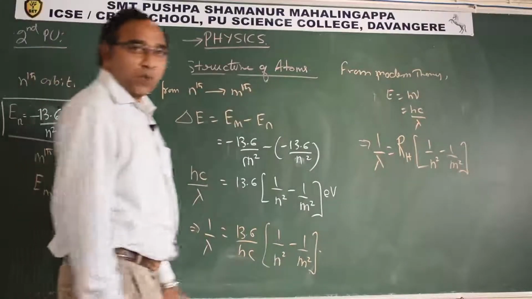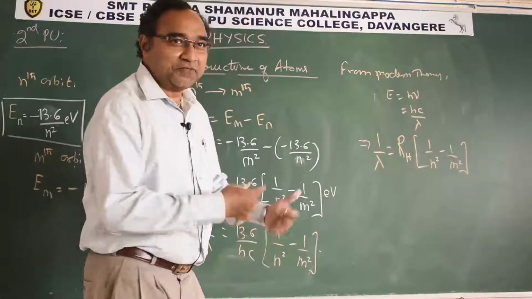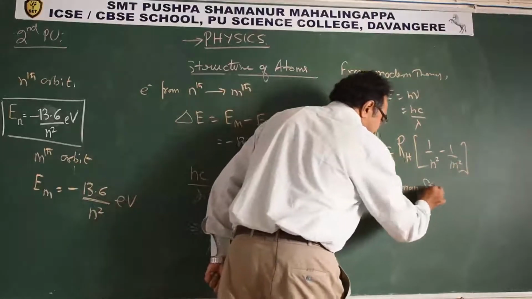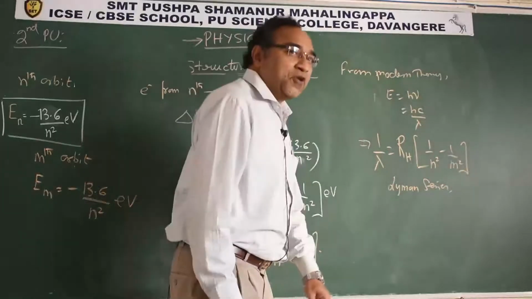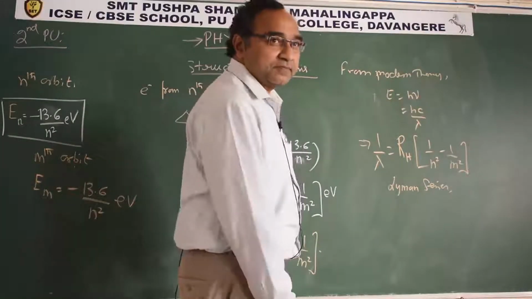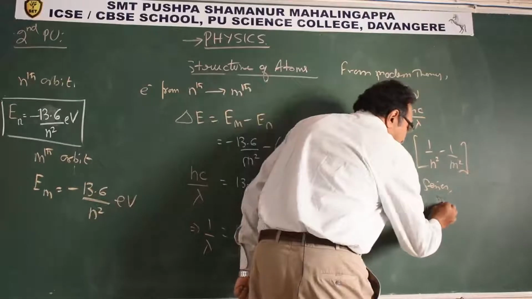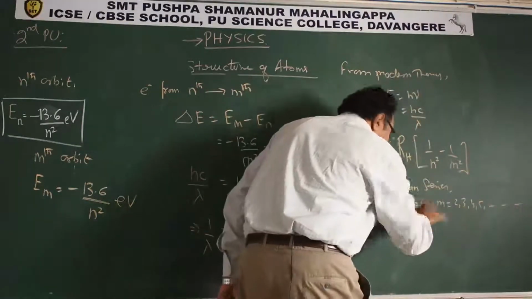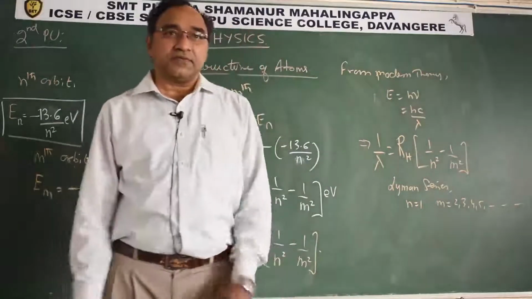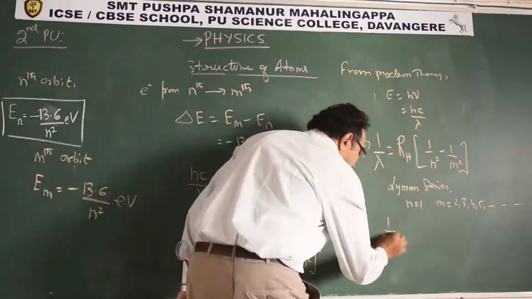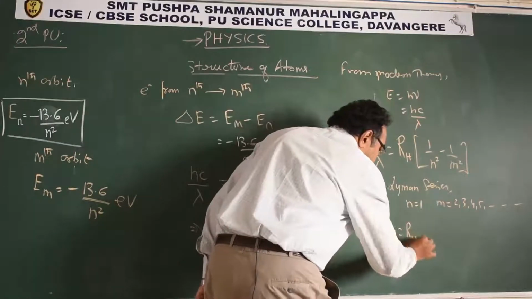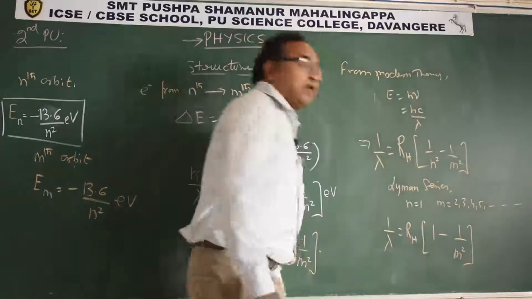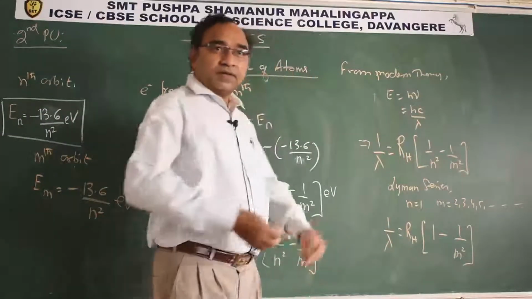Now see, what is the Lyman series? See how from this we are getting the Lyman series. Lyman series means when the electron jumps from a higher orbit to the first orbit. From the higher orbit means m will be equal to 2, 3, 4, 5 like this, and n will be 1. This is called the Lyman series. And what we get? 1 by lambda is equal to Rydberg's constant times (1 minus 1 by m square). Go on putting the values. See, it is there in Bohr's model only.